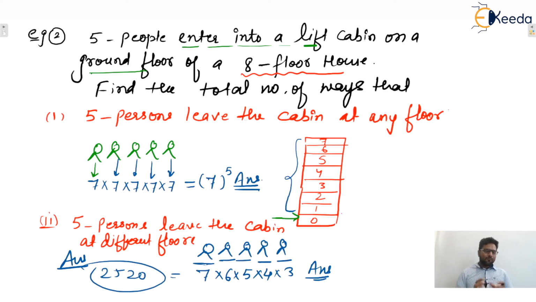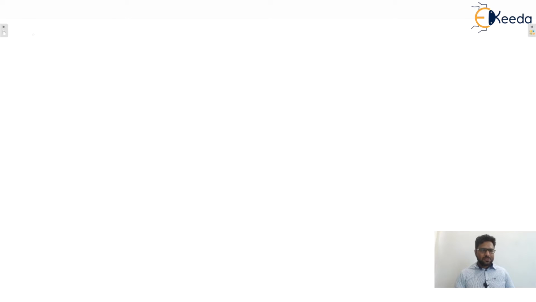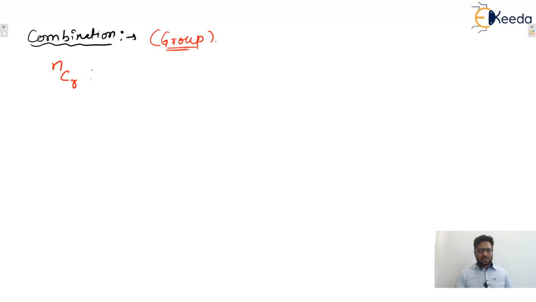What is the meaning of combination? And we'll see what is the meaning of permutation. So, what is combination? Now you only tell me what is the meaning of combination. We can say that combination means group, isn't it? Let's say you use the notation NCR. What is the meaning of NCR? NCR says the total number of ways